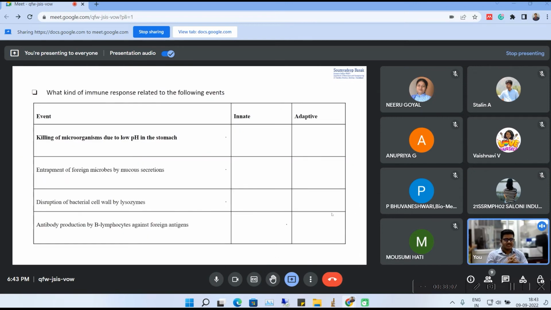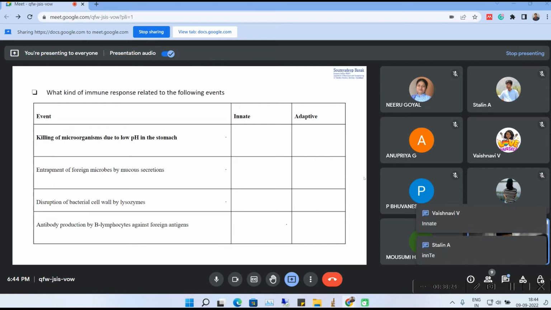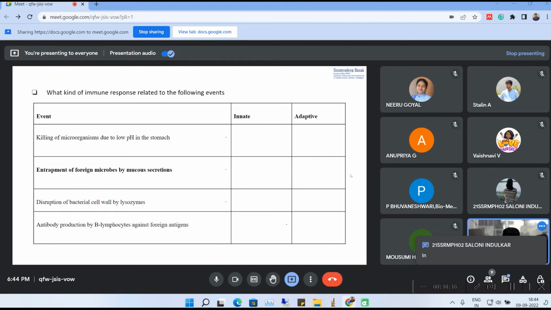Alright, the next question is what kind of immune responses relate to the following events? The first is the killing of microorganisms due to low pH in the stomach. So what is this event? Is it an innate event or an adaptive event? Next is entrapment of foreign microbes by mucosecretion. Is it innate or